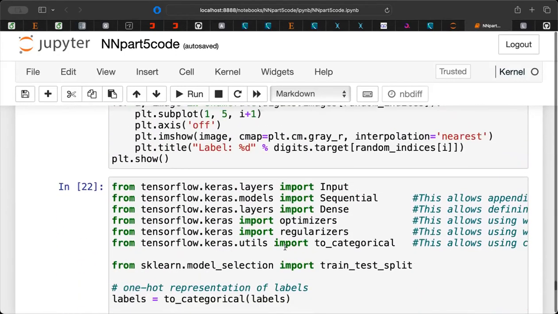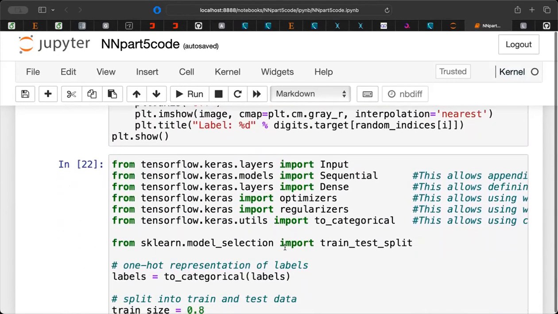So I just wanted to bring up the way you would import TensorFlow. You would set this up as a sequential neural network. You need to import different layers. You have an input layer. You have dense layers for the hidden layers. You need to include the type of optimizers. The regularizers deal with the hyperparameters you can add. And then if you're dealing with a classification of categories like these 100 numbers, you would typically include this categorical